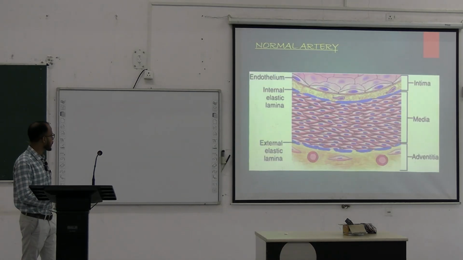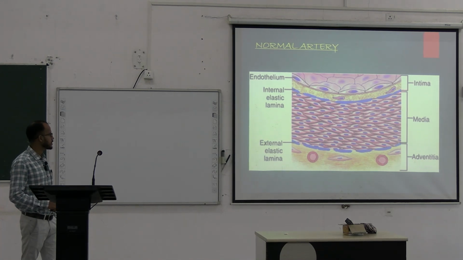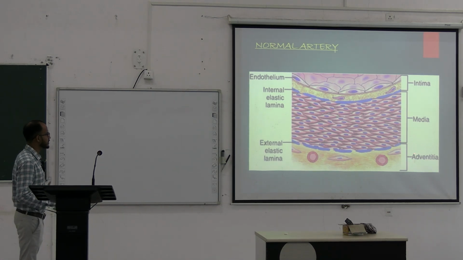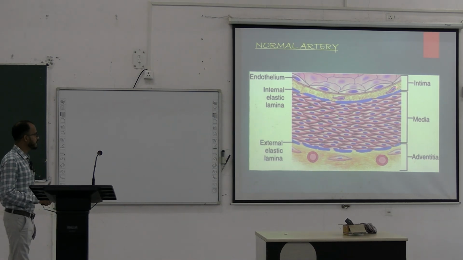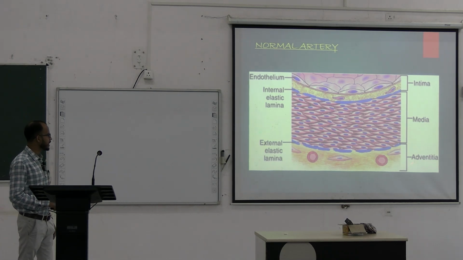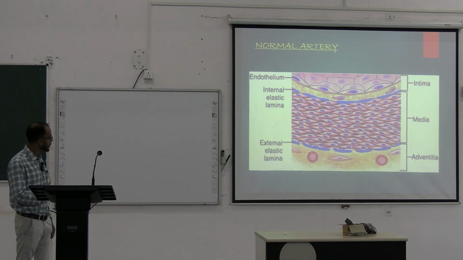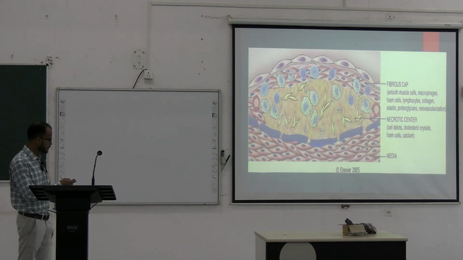First, see this picture. This is the normal arterial wall. You all know that the arterial wall is constituted of tunica intima, tunica media and tunica adventitia. Between intima and media there is the internal elastic lamina, and between media and adventitia there is the external elastic lamina. You were all taught in physiology class, I think. So, this is an atheromatous plaque actually. How it develops,